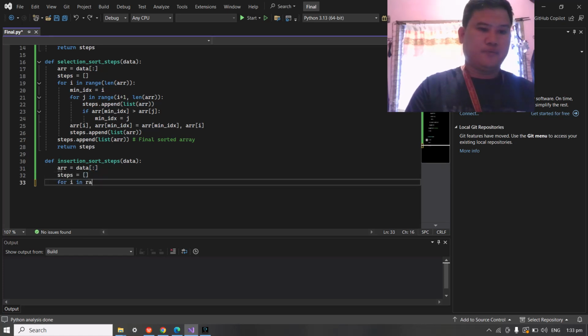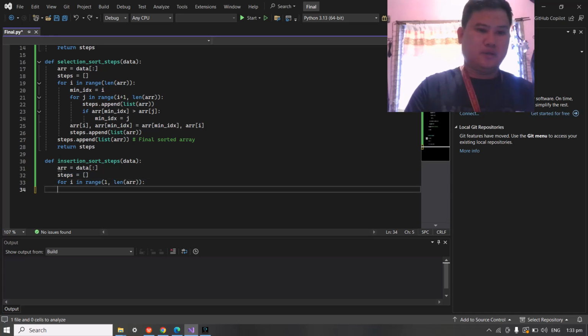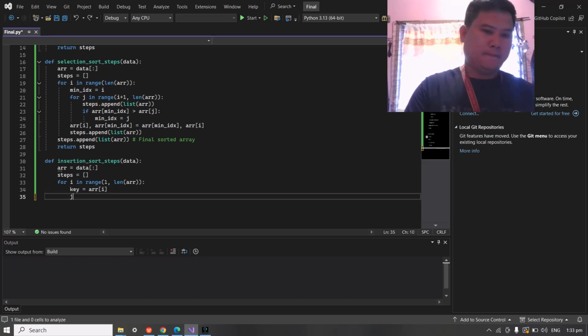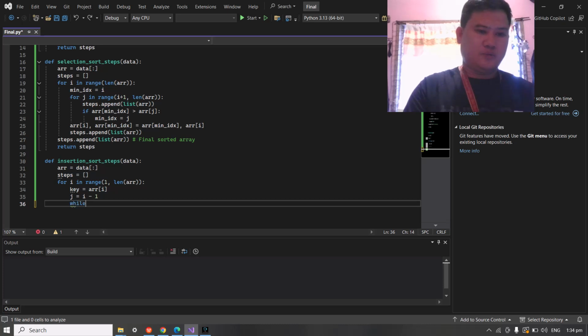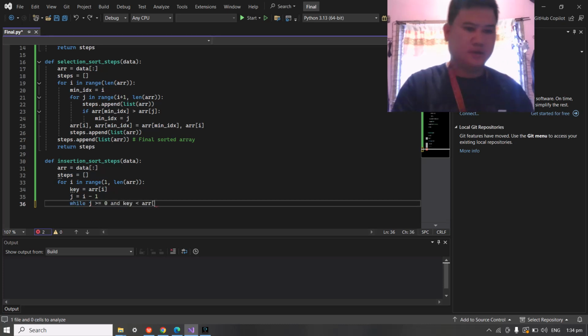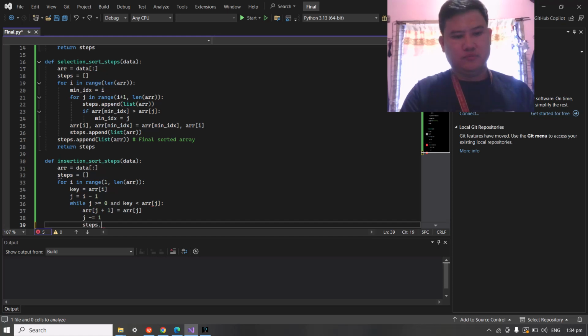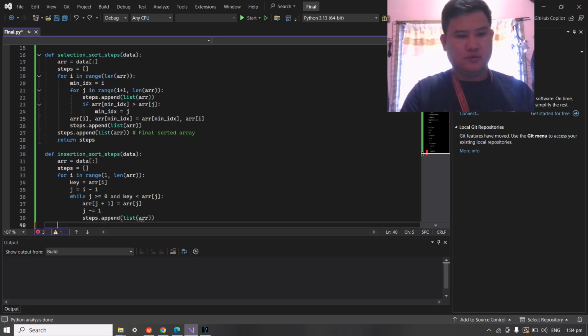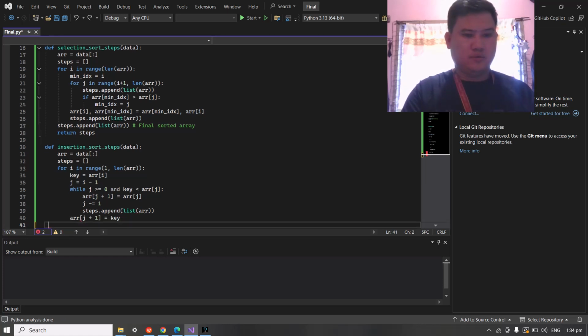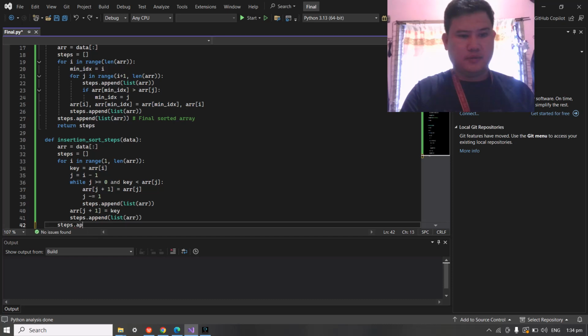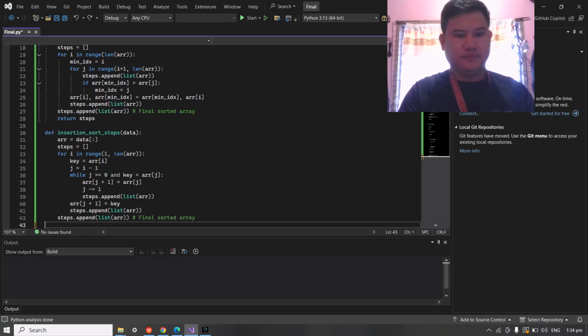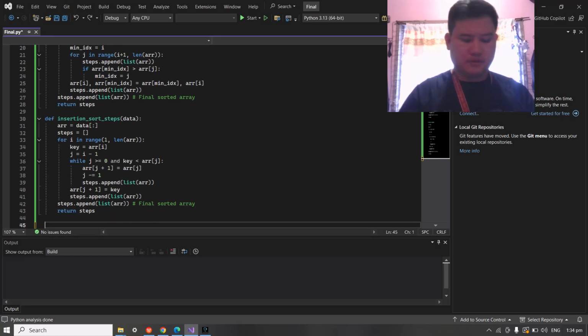For i in range, length of array, key, array[i], j, while loop. Steps: append. Final sorted array. Return steps.